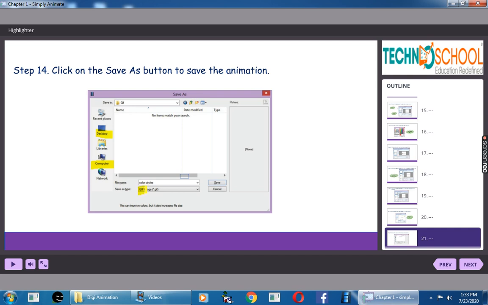The file will be saved with the extension .gif, GIF image. You can give the file name here, color circles, or whatever name you like. It will be saved as color circles.gif. Then you have to click on the save button.